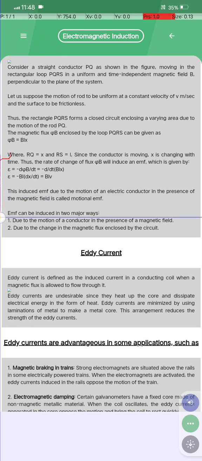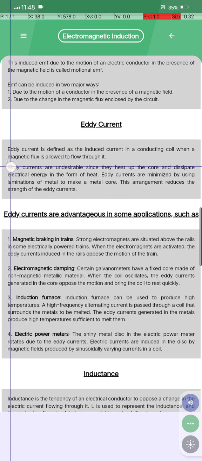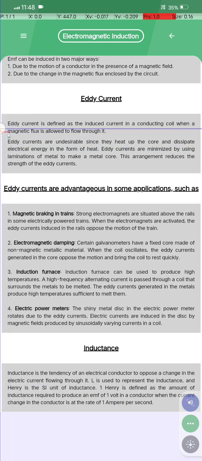EMF can be induced in two major ways: due to the motion of conductor in the presence of magnetic field, and due to the change in the magnetic flux enclosed by the circuit. Eddy current क्या होता है? Eddy current is defined as the induced current in a coil when a magnetic flux is allowed to flow through it. ठीक है, जब मैग्नेटिक फ्लक्स फ्लो करता है तो उस टाइम वहाँ पे एक करंट इंड्यूस होता है जिसे हम लोग एडी करंट कहते हैं, ठीक है।